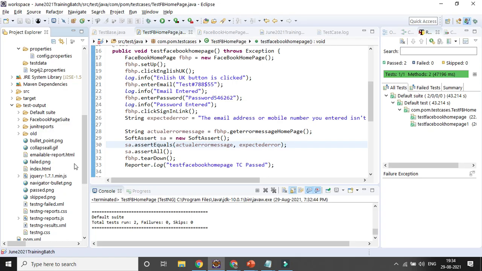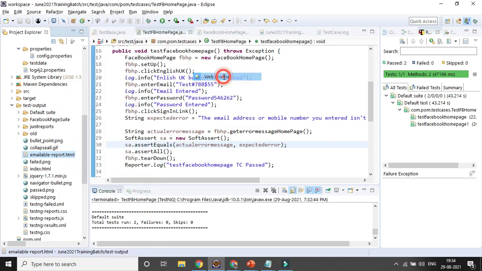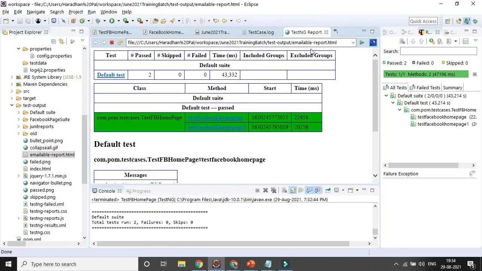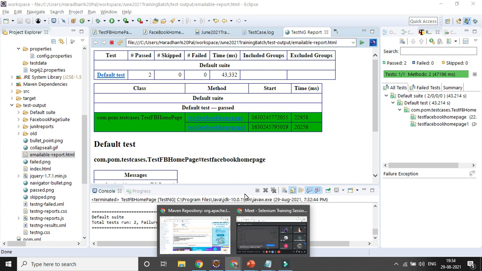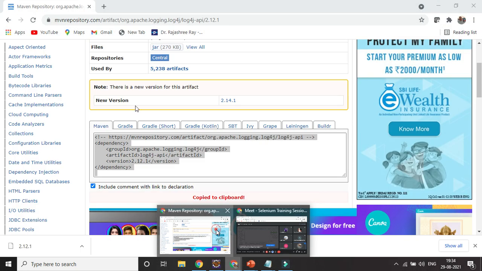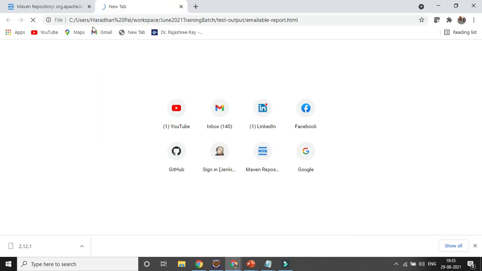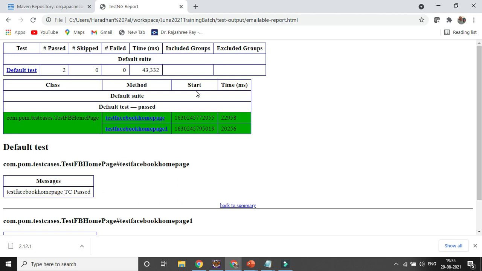If you right click emailable-report.html and open it with any web browser, you can see the total number of test cases run is 2.